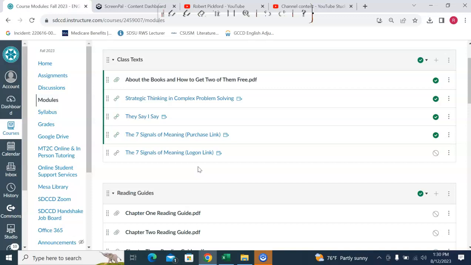What I did do is bargain with them on the price. I got them to do away with the print version of the book, just do an ebook version. And I'll explain as we go along why this is an essential book for you to have. It's unlike any other college textbook you have ever seen.